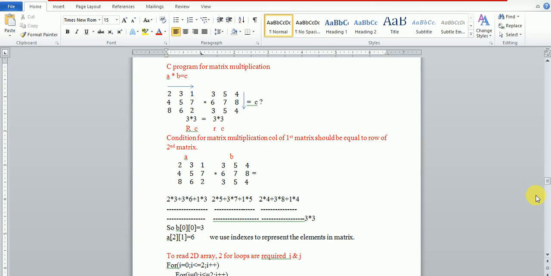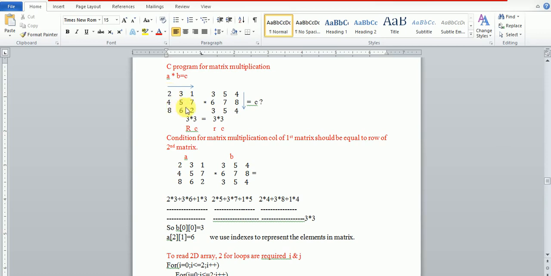So in order to multiply two matrices, we need A matrix which is multiplied by B matrix, and we will be getting the C matrix, which is nothing but our resultant matrix. So that is nothing but A into B is equal to C, where A is a 3 cross 3 matrix, B is also a 3 cross 3 matrix, and whatever the multiplication we are doing between A and B, that matrix will be stored in the matrix C, which will be a 3 cross 3 matrix.